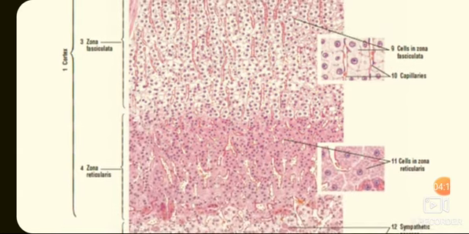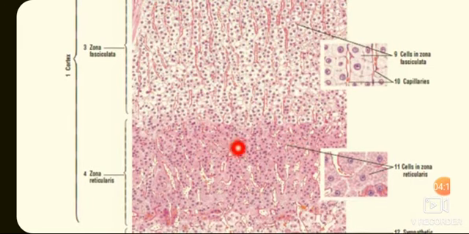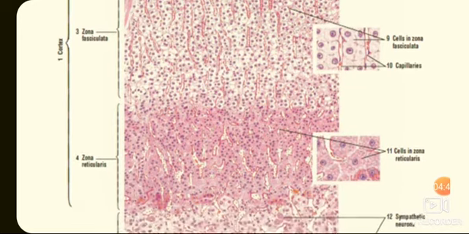Coming to the zona reticularis, this is the innermost layer between zona fasciculata and adrenal medulla. Here cells are rounded and deeply staining, and cells are forming an anastomotic network. Cells have very few lipid droplets, and the cells contain a yellow brown pigment, that is lipofuscin pigment. These cells secrete androgens.